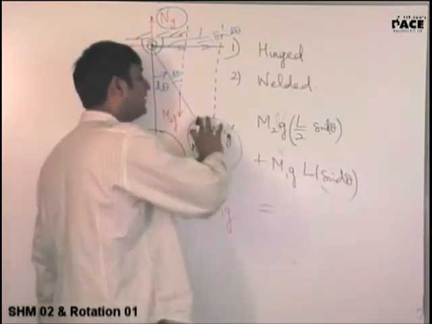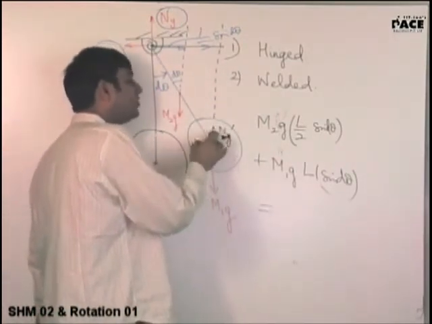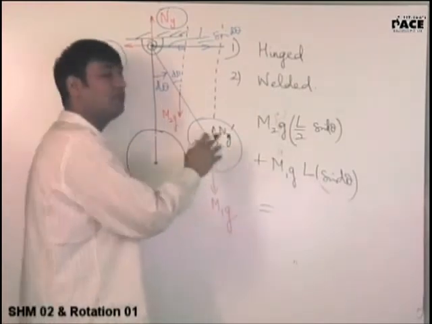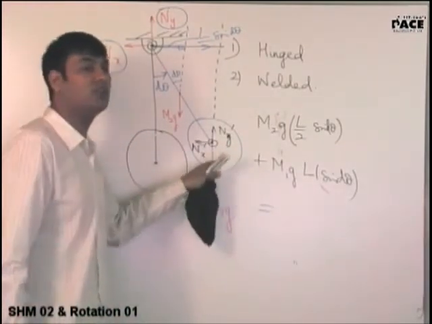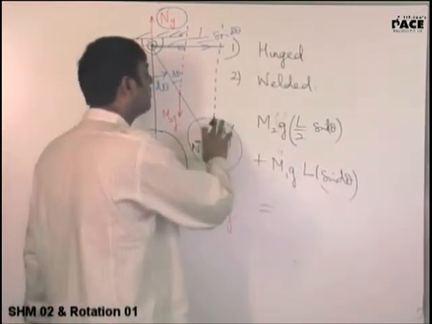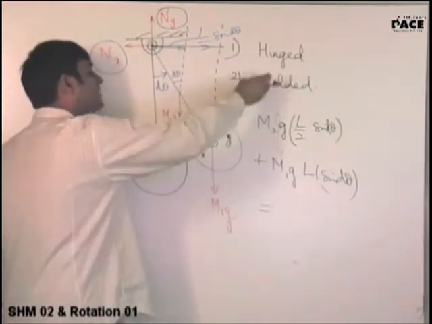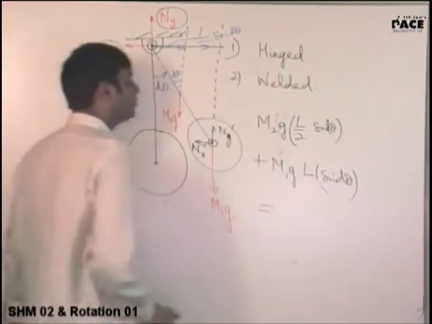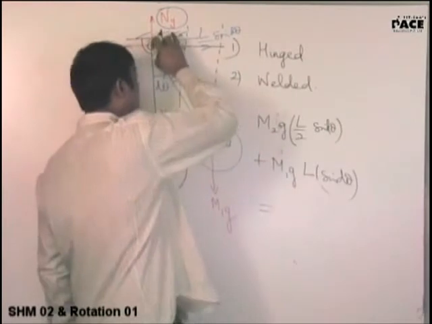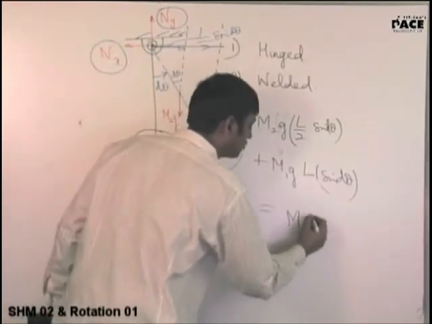I am telling you very clearly, when the disk is hinged, it is free to rotate, but the net torque about the center of mass of the hinge, if you make a free body diagram of the disk, you will realize net torque is zero. The disk will not rotate at all. When the disk will not rotate, it will behave like a point mass moving in a circle of radius L. So the moment of inertia of this disk about this axis will be m1 L square.